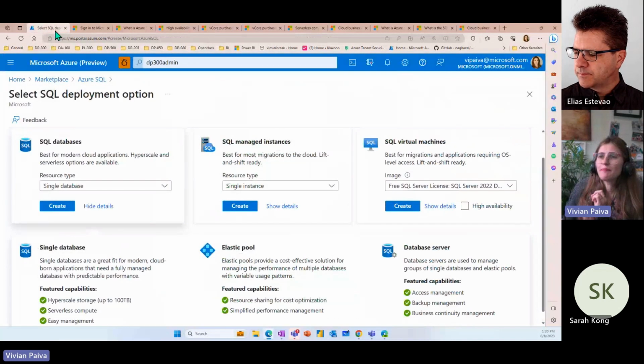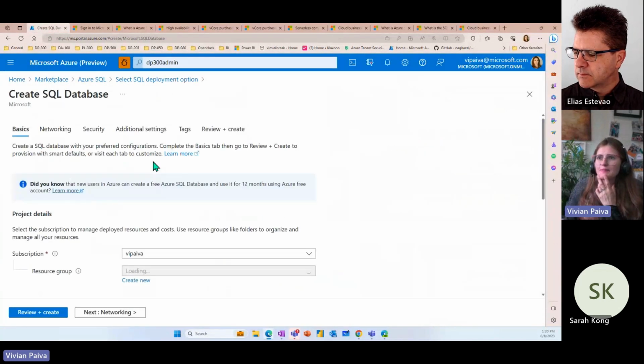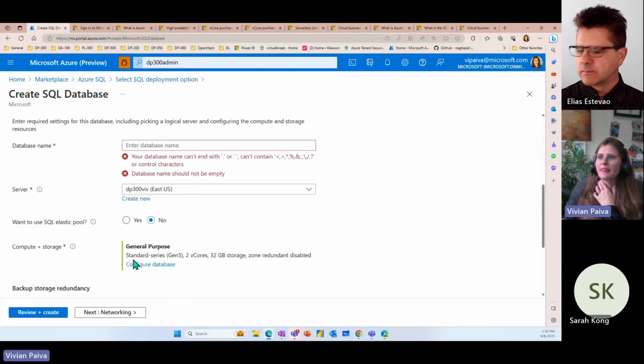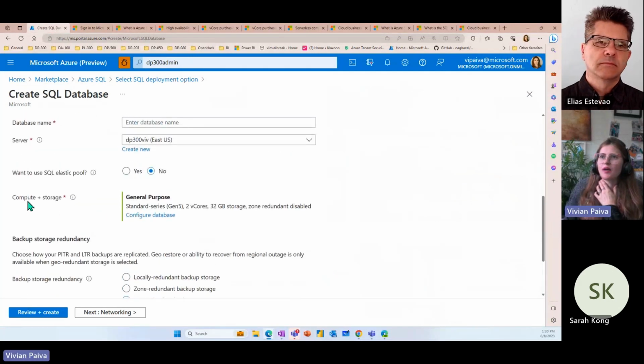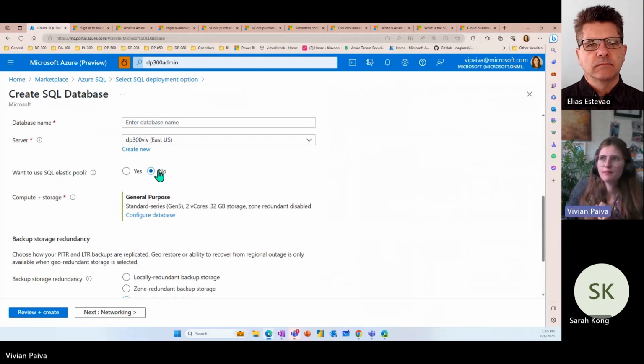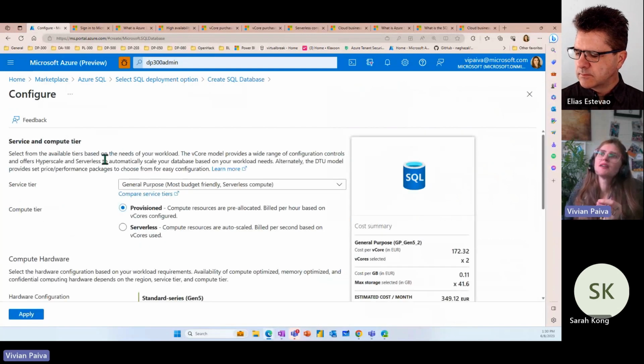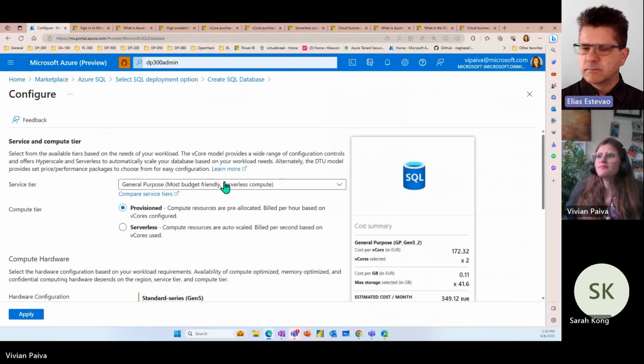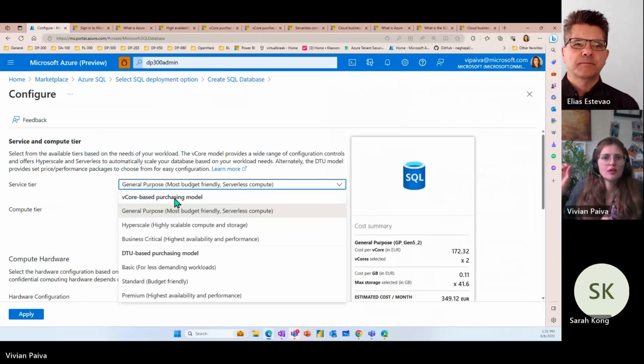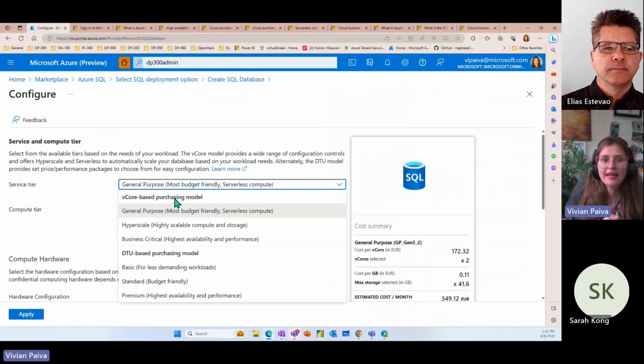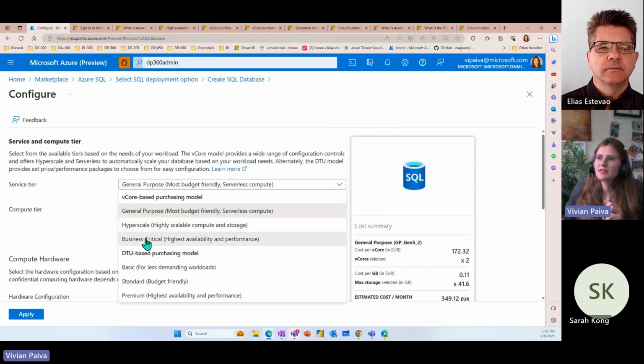When we go to deploy, for example, an Azure SQL database, and we choose the compute and storage, I'm not choosing an elastic pool. I'm deploying a single database. When we go to compute and storage, Configure database is where we choose the service tier. If we go to vCore, I can granularly choose whatever I need, what I want to allocate to my database. So if I choose, for example, business critical,